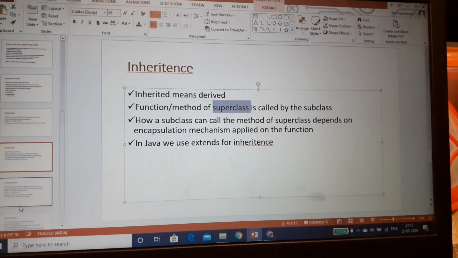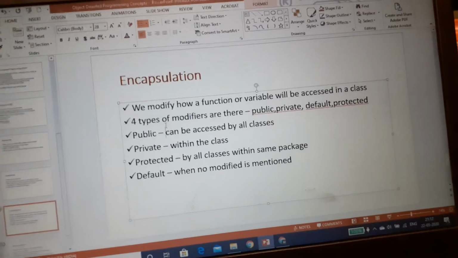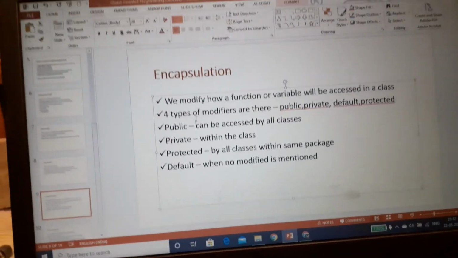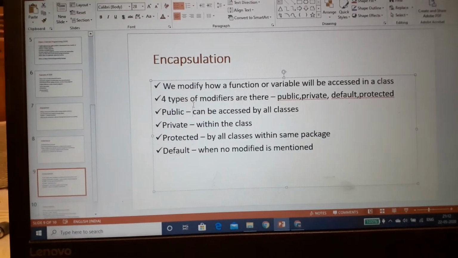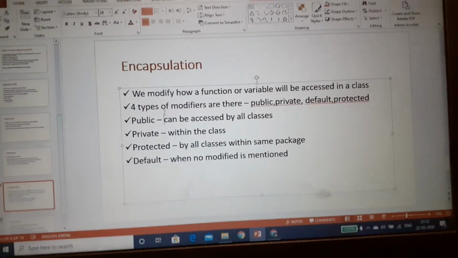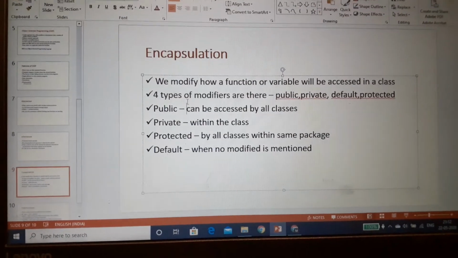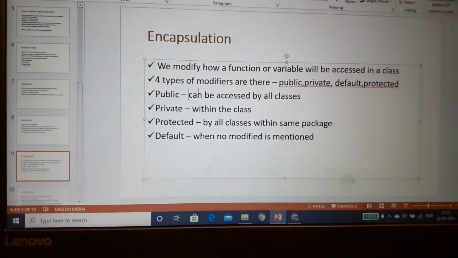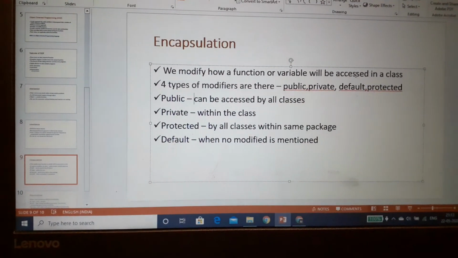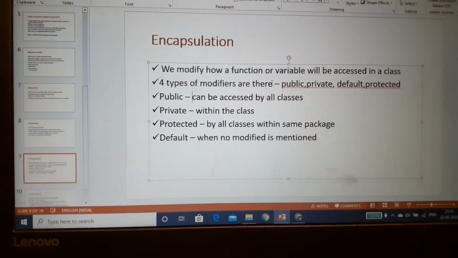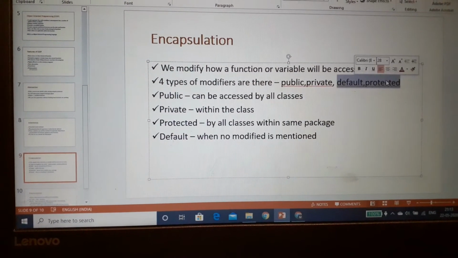Now come to the next concept, encapsulation. Encapsulation means how the variables and functions of a class will be used by its subclass. We can modify how a function and variable will be accessed in a class. There are four types of modifiers: public, private, default and protected.